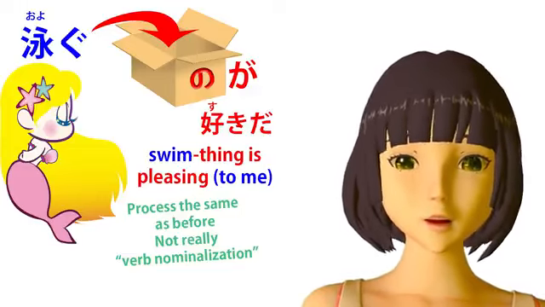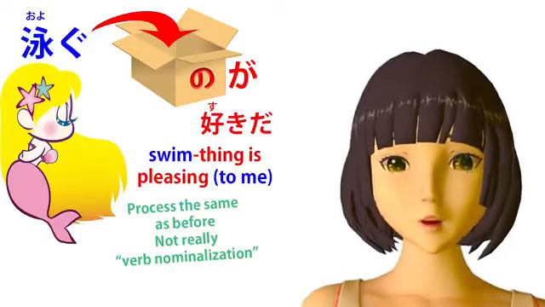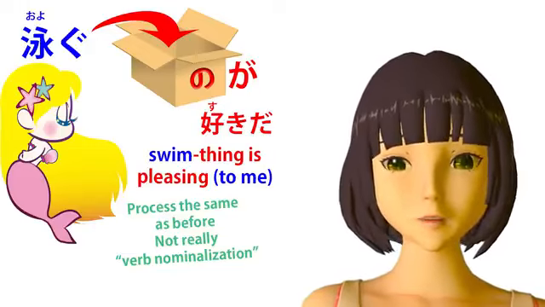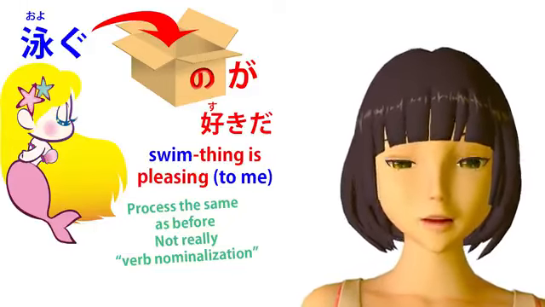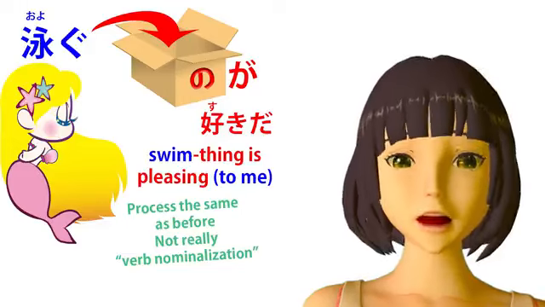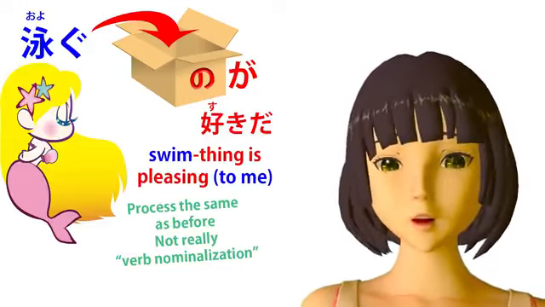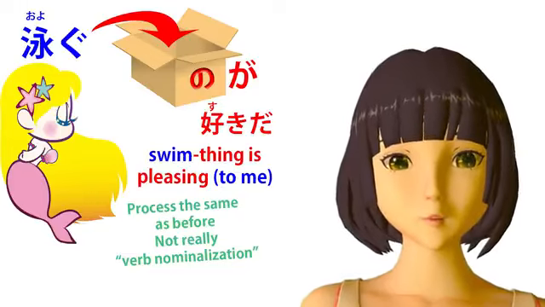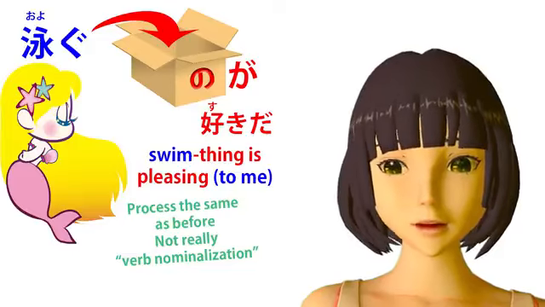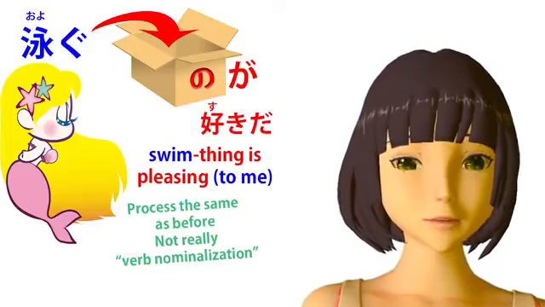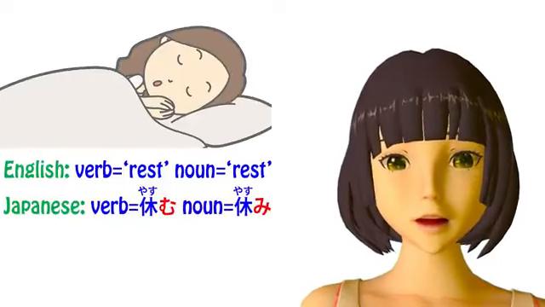What the e stem does is give us the true noun form of a verb. In English, it's usually represented by the unchanged verb, so that the verb form and the noun form are identical. In Japanese, they're not identical. In Japanese, we have the base form, the ending form of the verb, and for the noun form, we have the e stem. So let's take an example so you know what I'm talking about here.